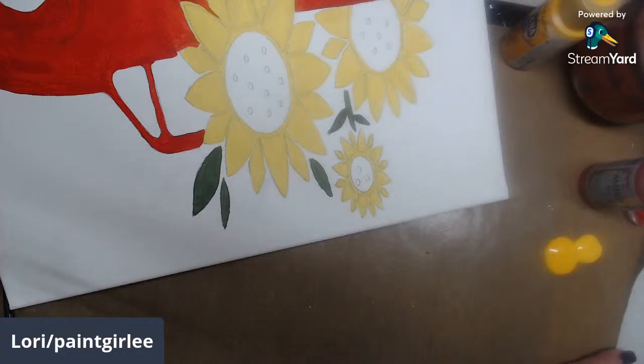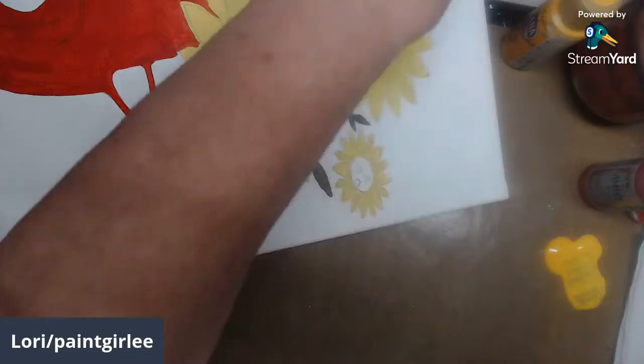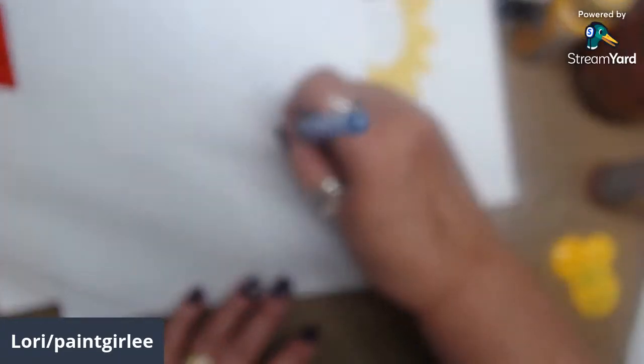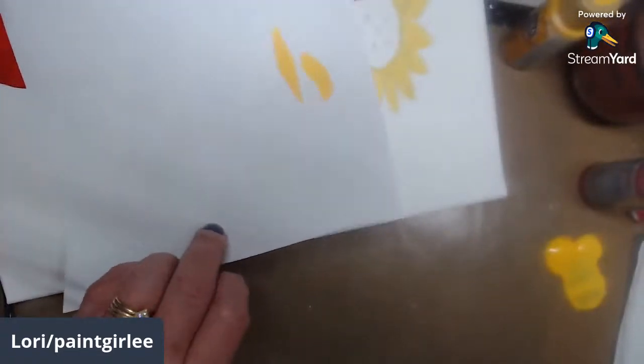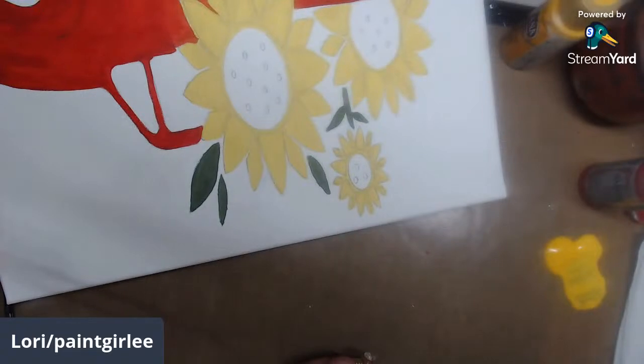Now, I've said this before. I am stingy with paint. I don't think you could really see a difference there. Let me do a sample. This paper's a little... Yeah, you're really not seeing any contrast. So let's see. Let's go with...